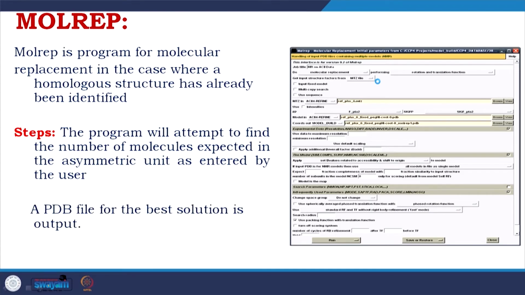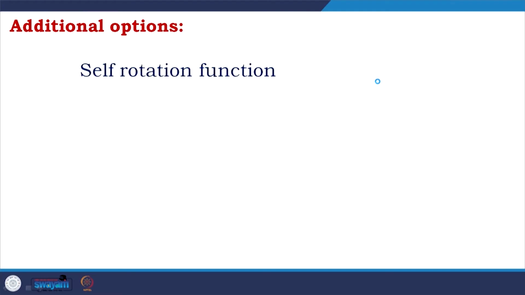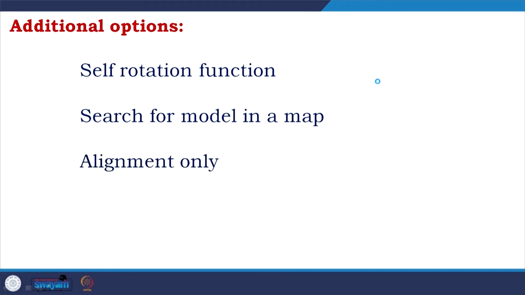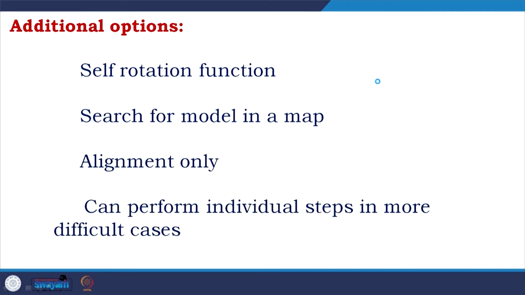A PDB file for the best solution is the output. Additional options are there, which are self-rotation function. So, you go for a solution, but there could be a self-rotation function. Search for model in a map, alignment,